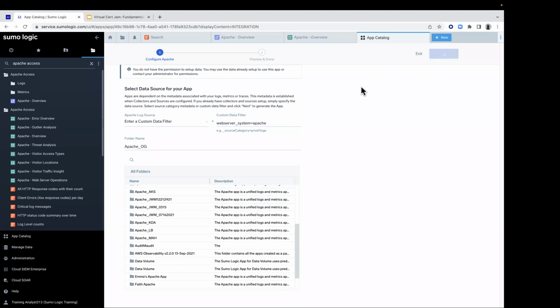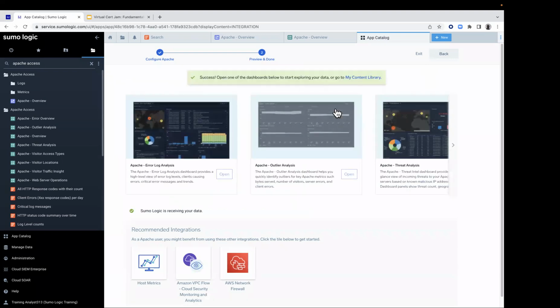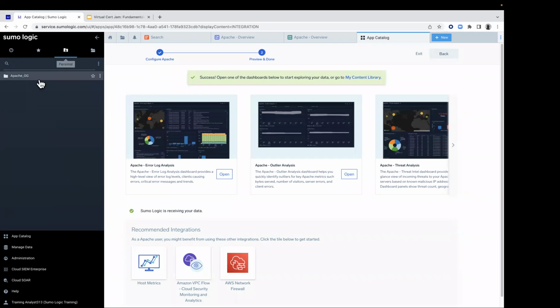It's going to go ahead and create that new object, and you'll get a new pop-up menu saying that it was successfully completed. Now, where should I look for this, ladies and gentlemen? Where should I look for this newly created object? Personal folder, that's correct. So when you go to your personal folder, you should see your new Apache folder with